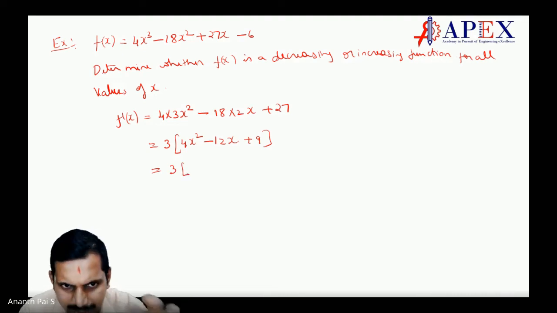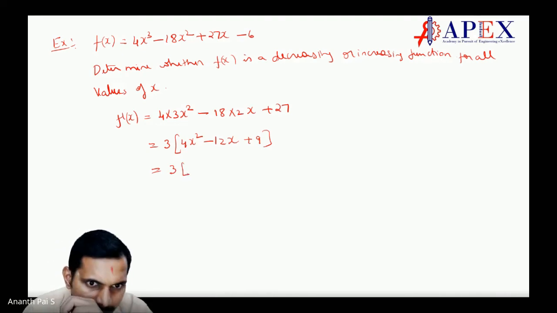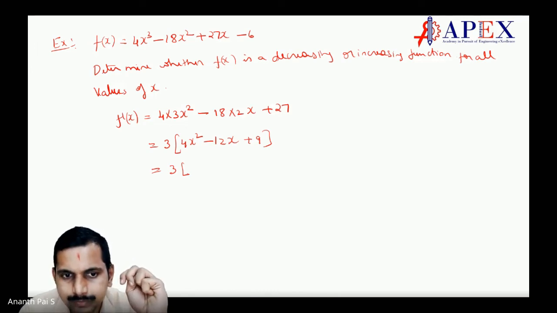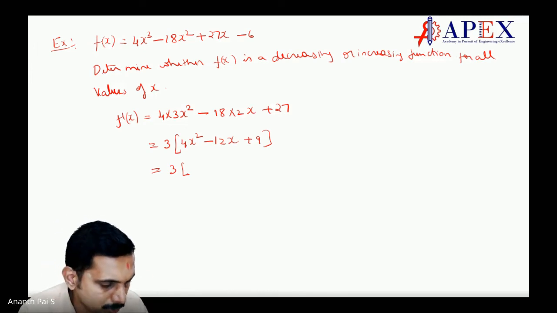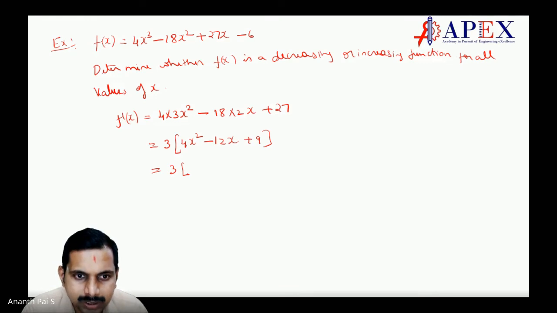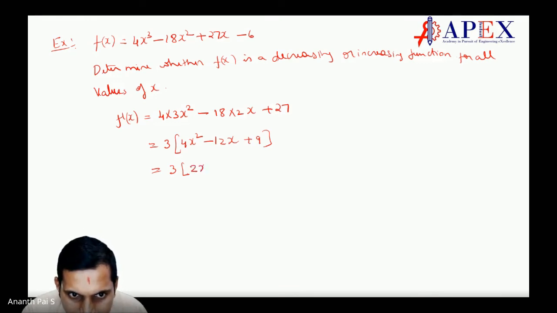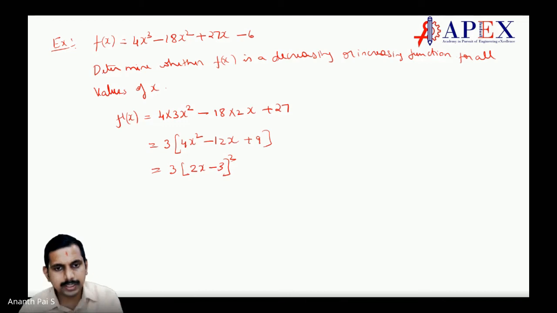You can directly substitute and see. That's a different case. Okay, so we can put 0. So when it is 0, what is it? Like that we can put, or we can say what is this? See here, this can be written as 2x minus 3, the whole square. Correct? Can we write it like this? Because you have a plus b, a minus b, 2x minus 3, the whole square.